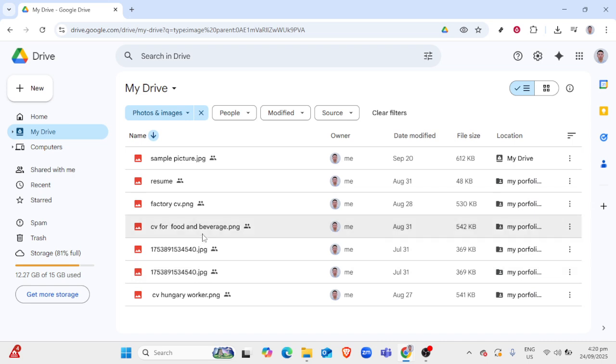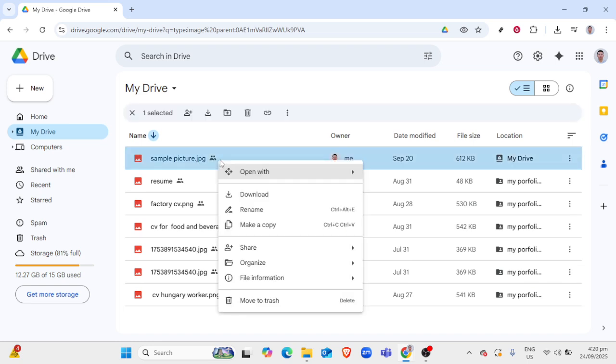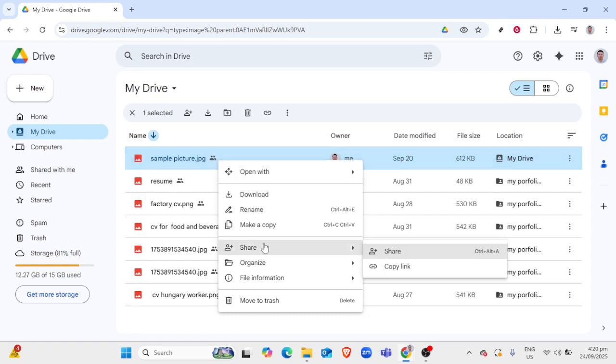Once located, right-click on the file or folder. A menu will pop up with several options. Here, you'll want to click on the option that says Share. A share window will appear, prompting you to enter the email addresses of the friends you want to share your photos with. In the text box labeled Add People and Groups, type the email addresses of your friends, separating each